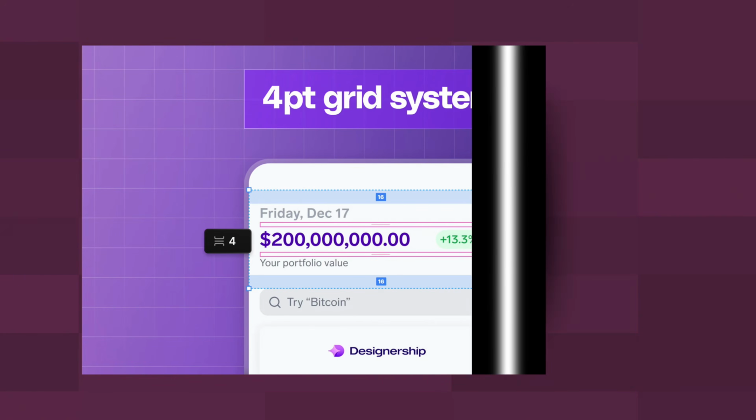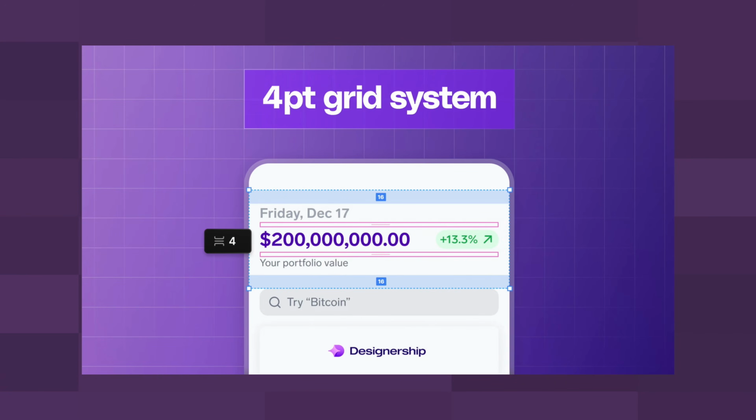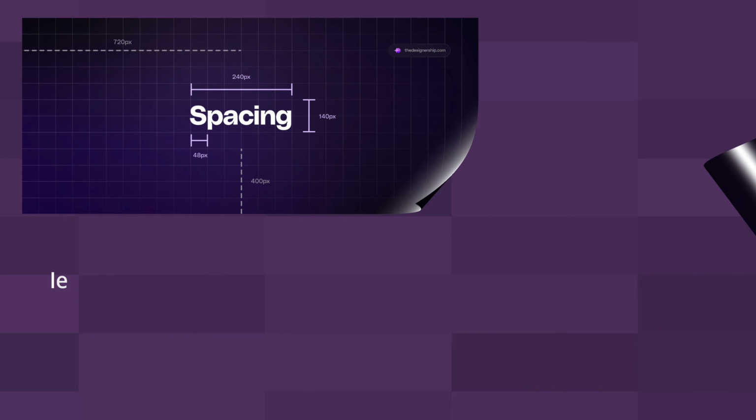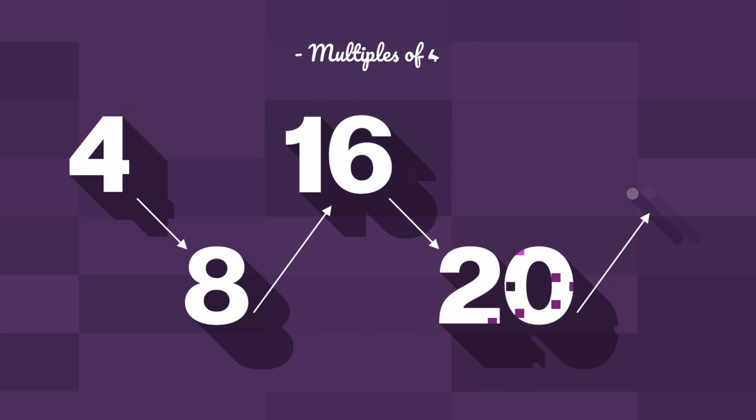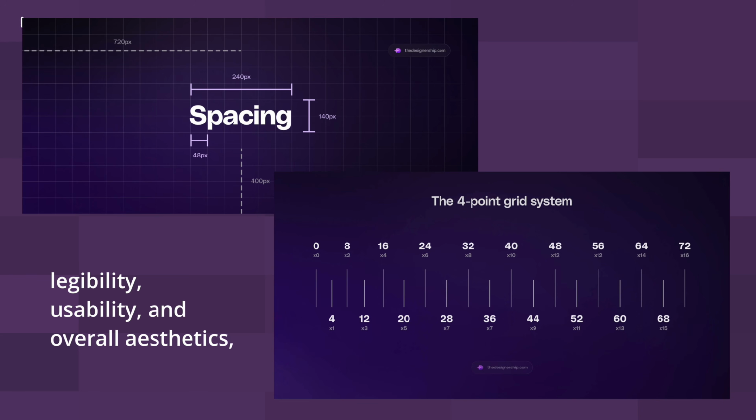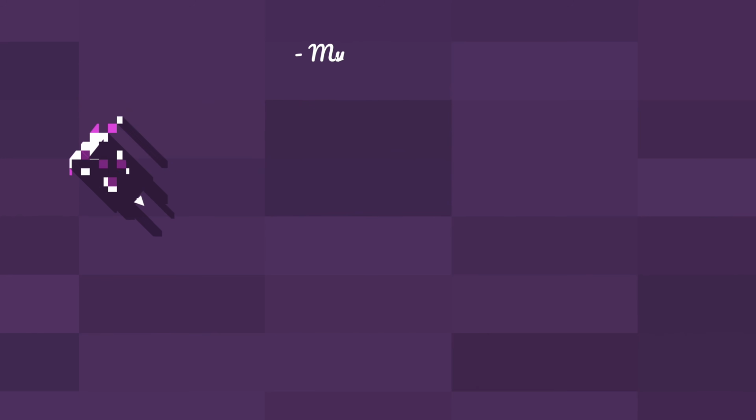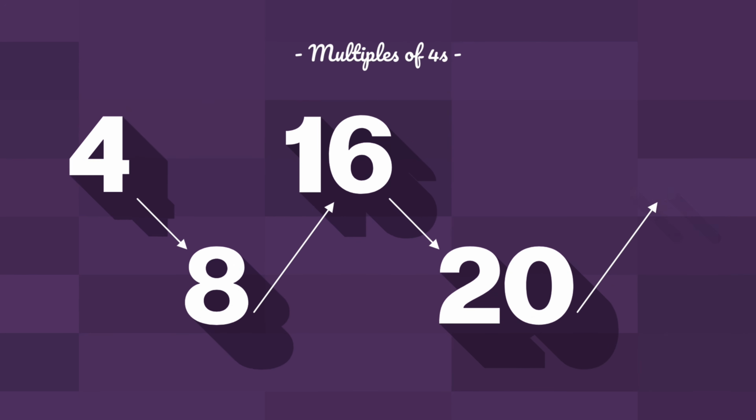This system is widely used in modern UI UX frameworks and makes layouts feel intentional and organized. Now it improves legibility, usability, and overall aesthetics, making any design look instantly more professional. And the important aspect of this rule is that it falls into multiples of fours, and that in turn makes